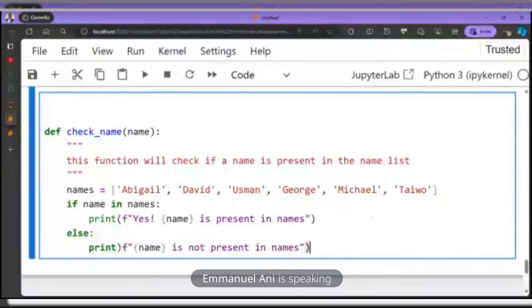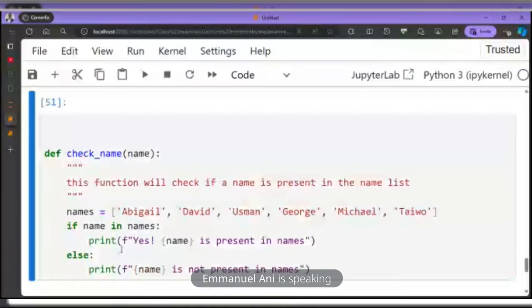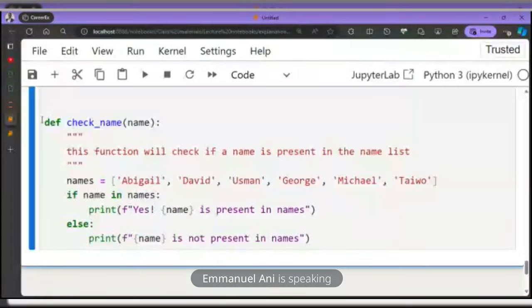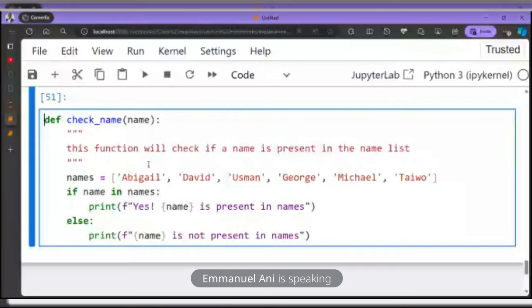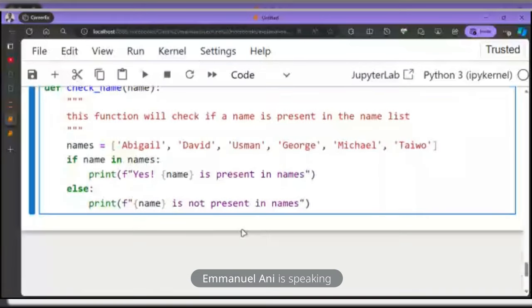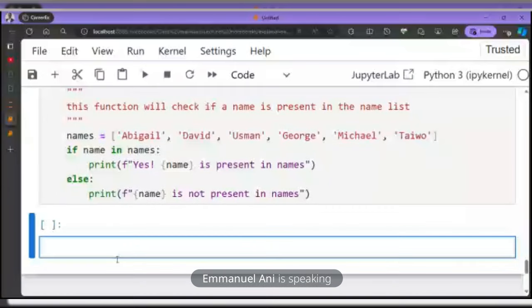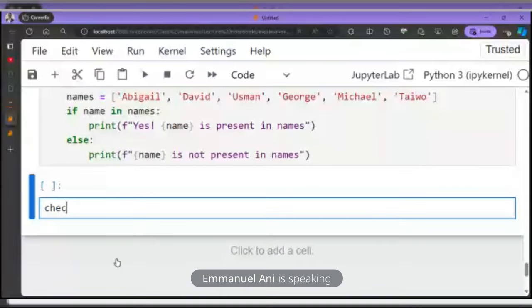So let's remove this and put that here. So we've defined the function now, right? This is a function. You can just come anywhere in our code and call our function name and say check name, right? Check name. And you can put a name. We can put, let's say I want to check if my name Emmanuel